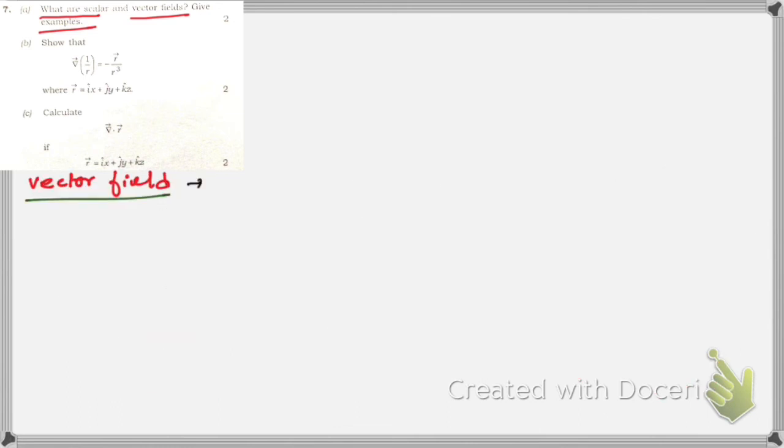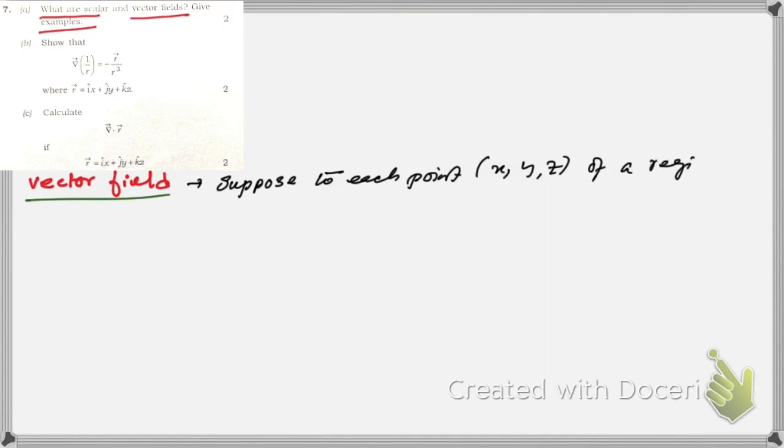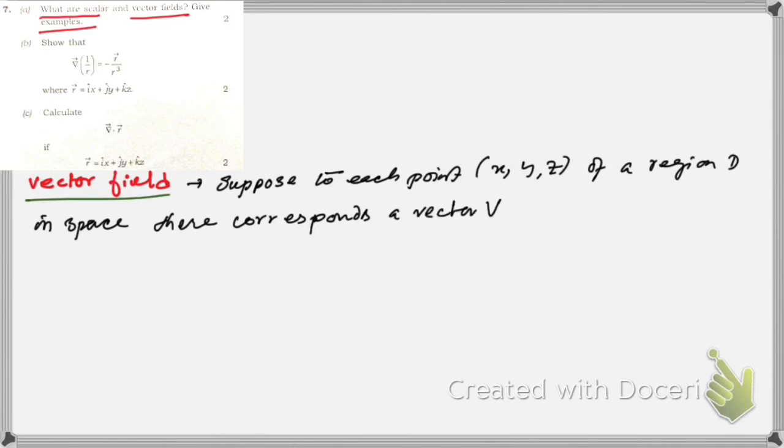A vector field is defined as follows: suppose to each point x, y, z of a region D in space there corresponds a vector capital V(x, y, z), right? This is a vector. Then